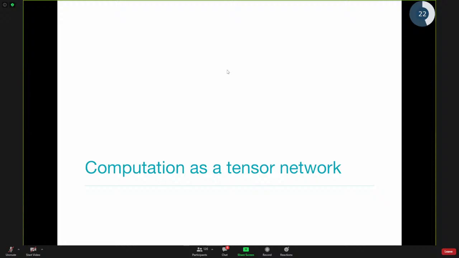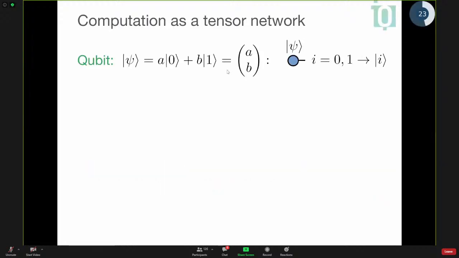And since this school is on quantum information and quantum technologies, I will start with the thing that you're probably more familiar with, which is quantum computation. So we saw that tensors can represent vectors. Vectors are basically special cases of tensors, matrices as well. So now we can start thinking about